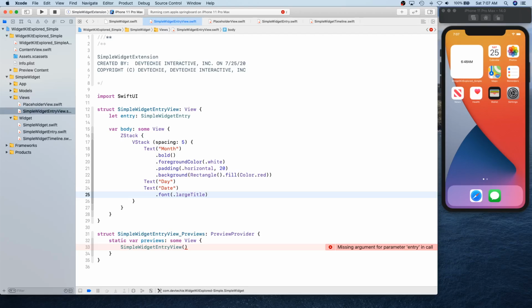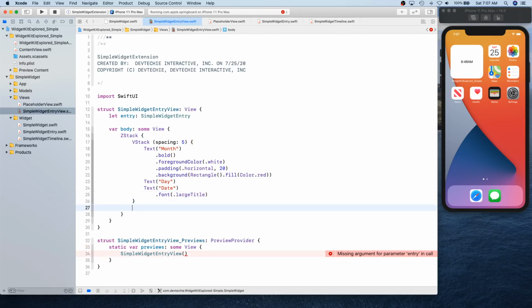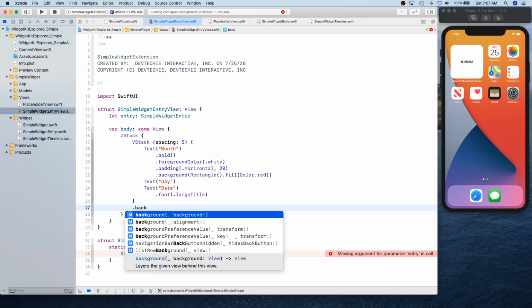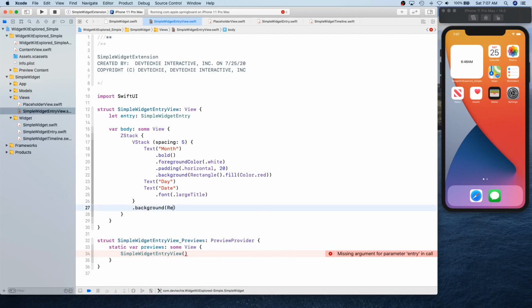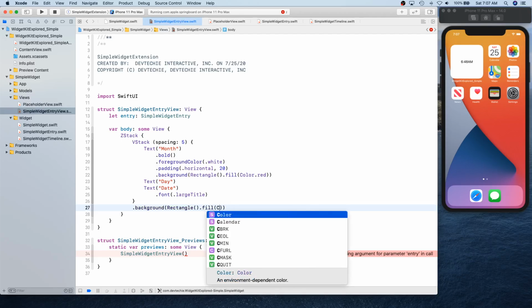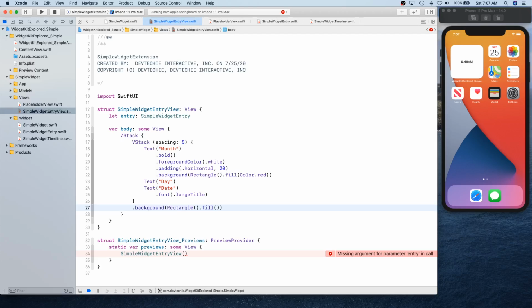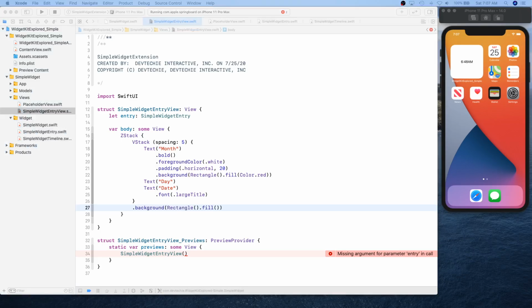For the whole thing we're going to give it a background, which is going to be a rectangle with fill, and we're going to create a color. I'm actually going to paste a color literal, so let me see if I can get that.